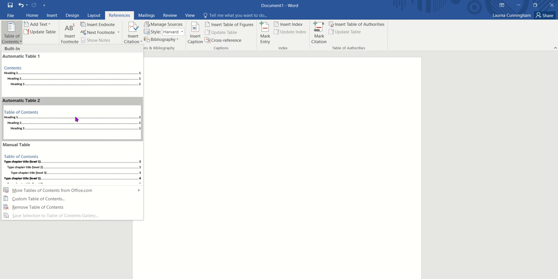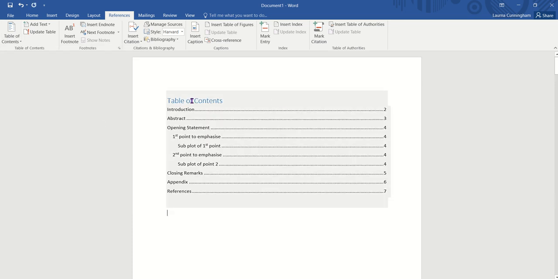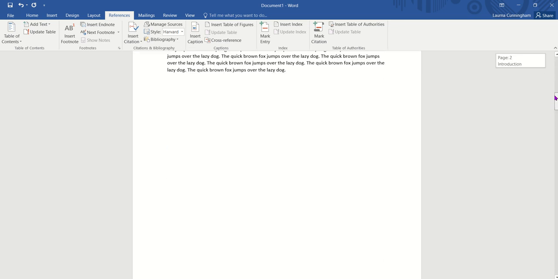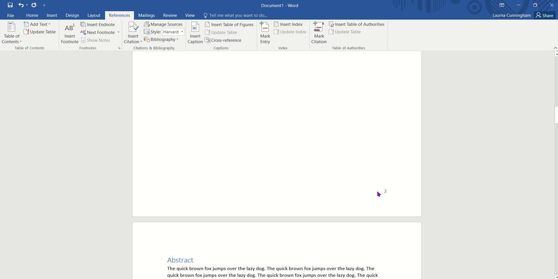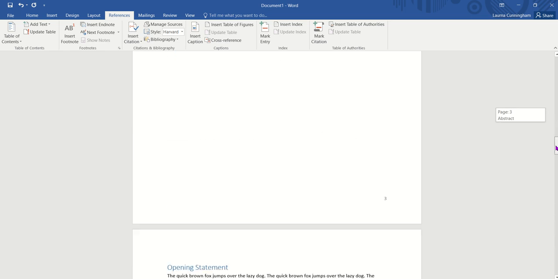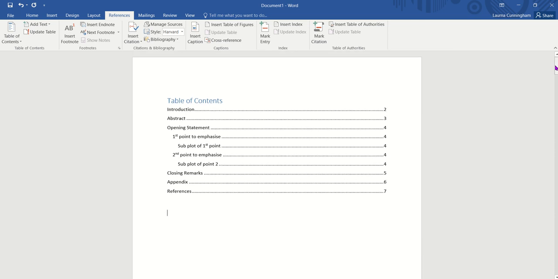It will do all of the trailing spaces for us and the page numbers. So I'm just going to click that, and it now has created a table of contents for me. Okay. So I can see that my introduction is on page 2. So there's my introduction, and there's page 2. I can see my abstract is page 3, and I can see in my table of contents my abstract is